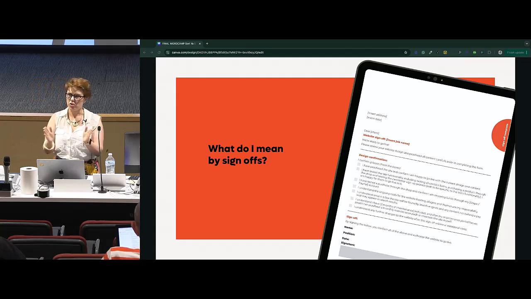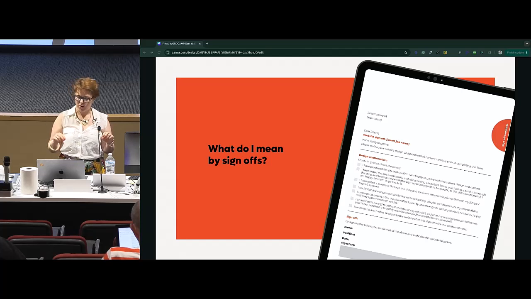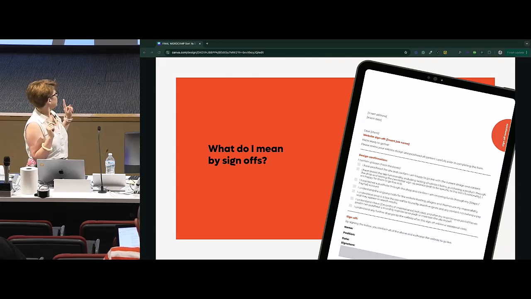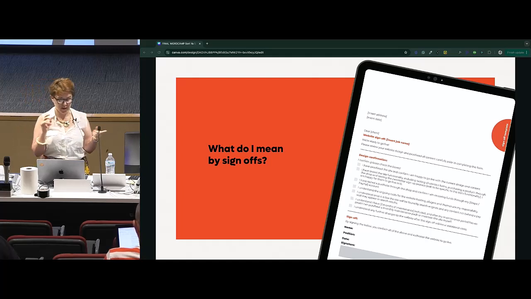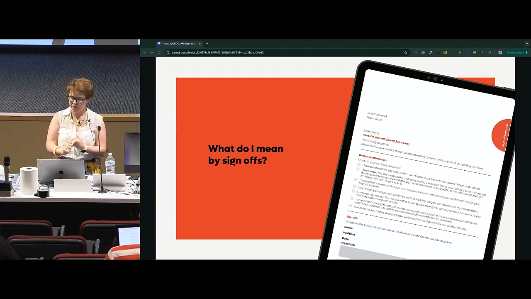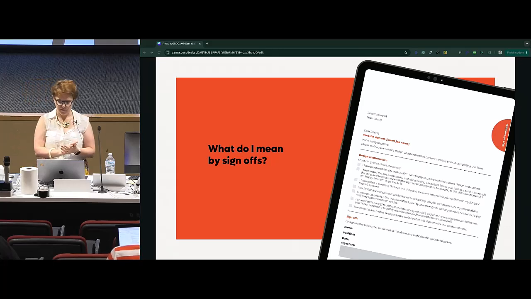So this is the client actually acknowledging where you are, that they approve it, and that they understand that there's essentially no going back after that point. Or if they do go back, there's going to be additional project costs and time implications. And I think this is one of the most important templates I've implemented. So this one up here is my launch sign-off that you can see on screen. It's essentially the client saying they've proofread the site, they've tested all the functionality, and they approve it to go live. It just makes the client stop and think.